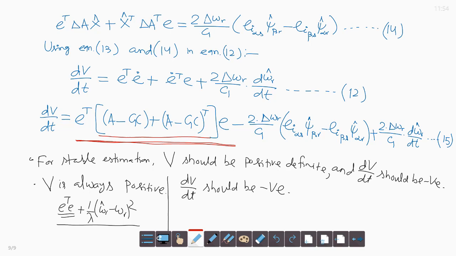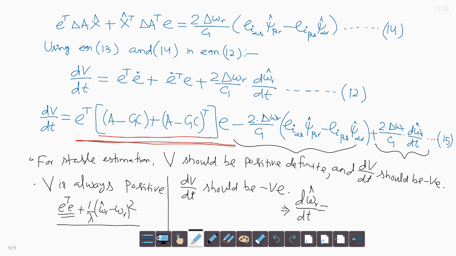Now, under what condition, if the second term and the third term of equation 15 cancel each other, then only the first term remains, and as A minus GC has eigenvalues in negative real part, error will decay to 0. So, for stable estimation we require d omega r hat by dt